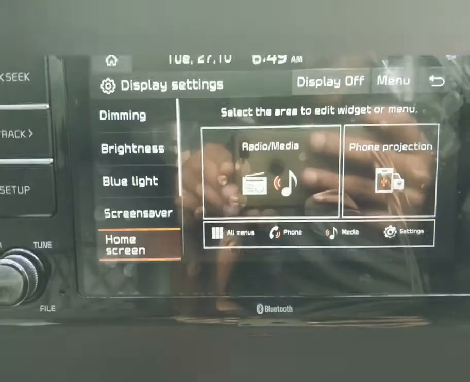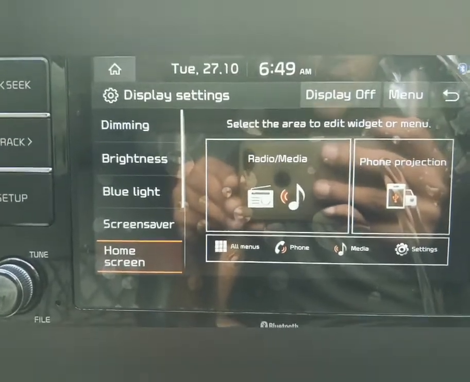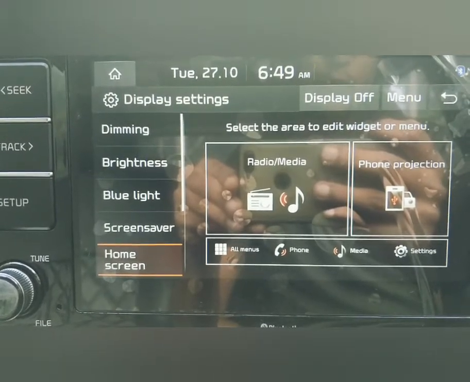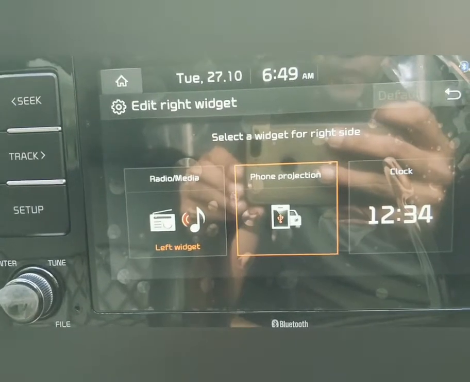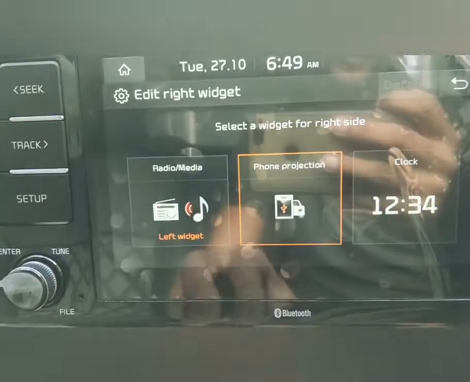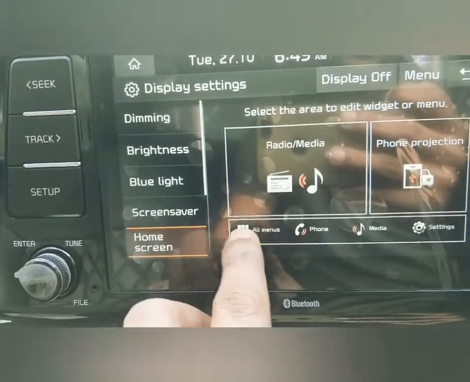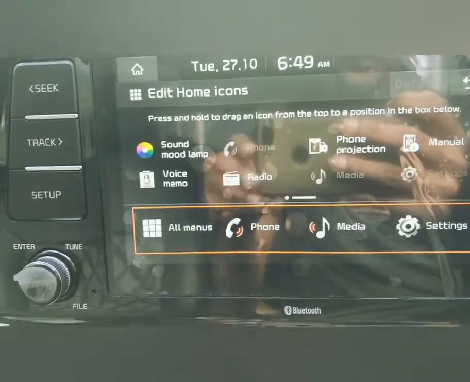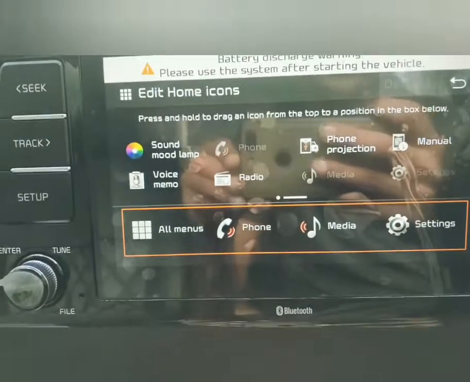So currently, as I spoke here before, the infotainment is on a default. So you have a radio, media and phone projection. That's currently the basic option. If I would like to change, I can go ahead and change it between the widgets which are available. Currently I'm not making any changes to it, and I'm just leaving it the way it is. So these are multiple options that are available on your screen when we are driving.